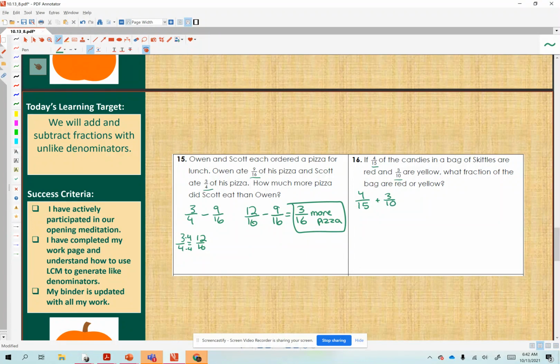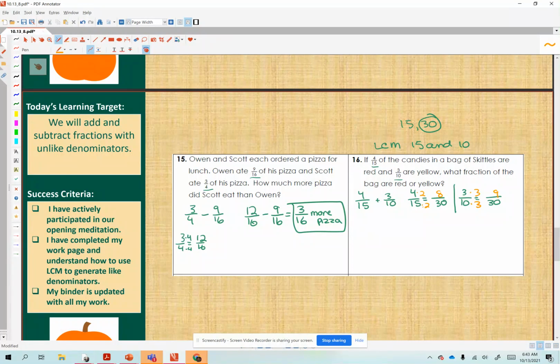So we need a least common multiple of 15 and 10. So multiples of 15 are 15, 30, and right away we see that's a multiple of 10. So we convert 4/15 to 30ths and 3/10 to 30ths. So 15 times 2 is 30, 4 times 2 is 8, 10 times 3 is 30, 3 times 3 is 9. So now we have our equivalent fractions